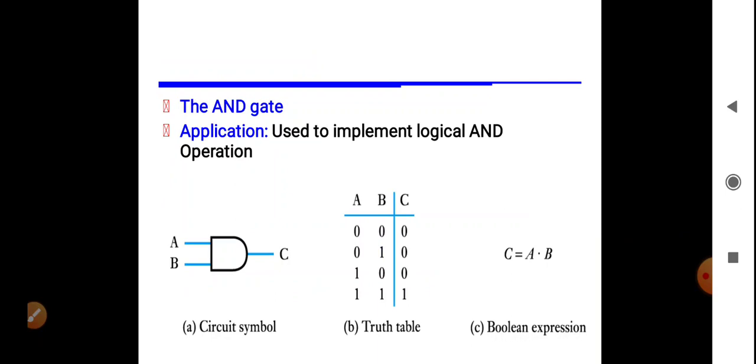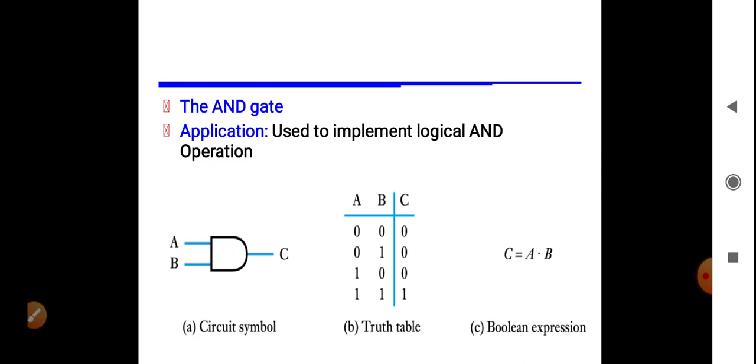The first figure shows the circuit symbol, or symbolic representation, of an AND gate. As I have just told you, each and every gate consists of a minimum of two inputs. The inputs for this AND gate are A and B, and the output is C. The symbolic representation looks like a D structure. The Boolean function, or Boolean expression, for an AND gate represents the output in terms of the input.